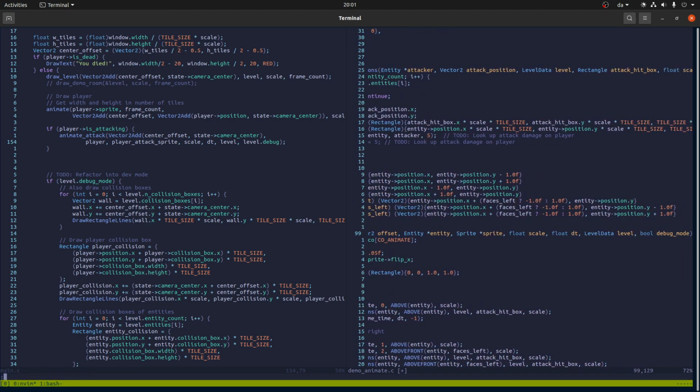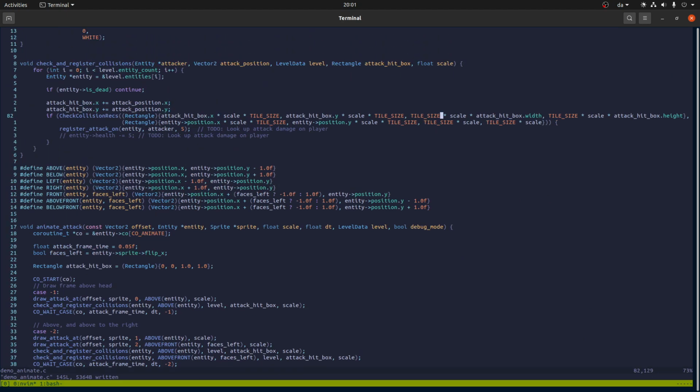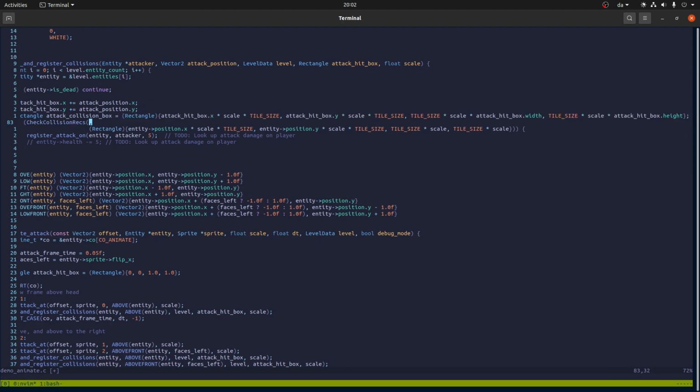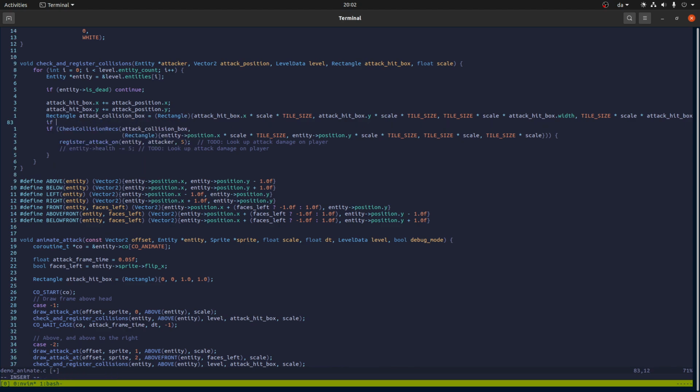Boolean debug mode. And basically, if we are in debug mode, I have this thing. This is the rectangle attack collision box, let's call it that, and attack collision box. Well, I think I do want to actually draw it here, so I'm going to say if debug mode